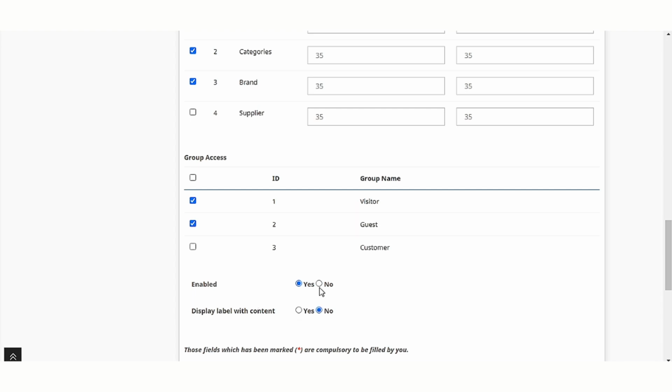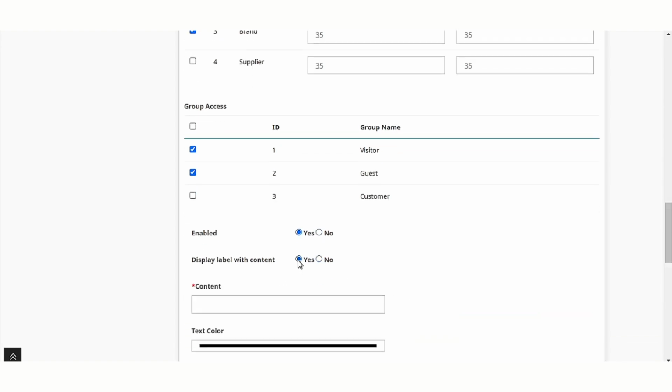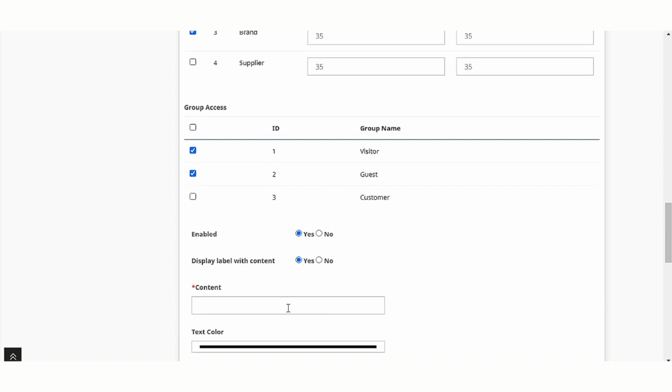Here, enable or disable the display of label. Enable to display the label with content on the product page. Specify the content here.